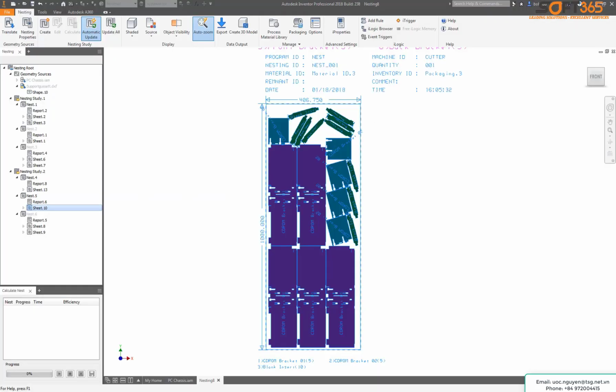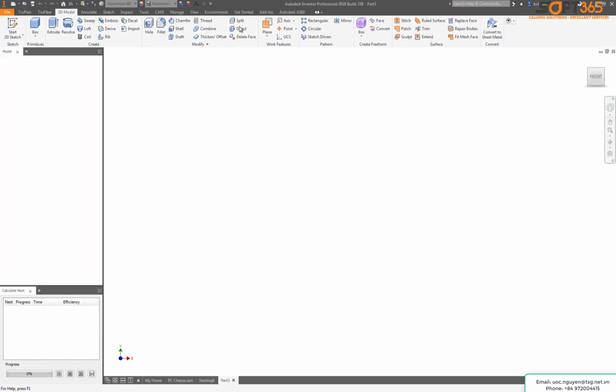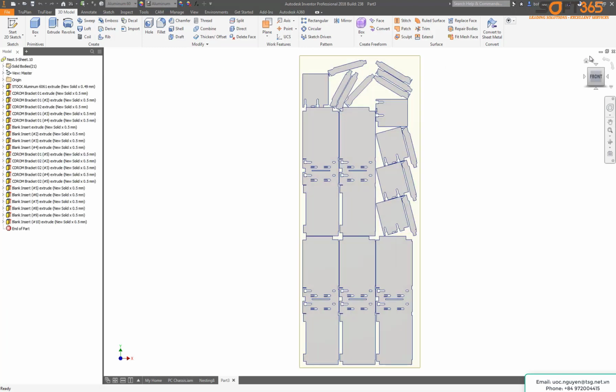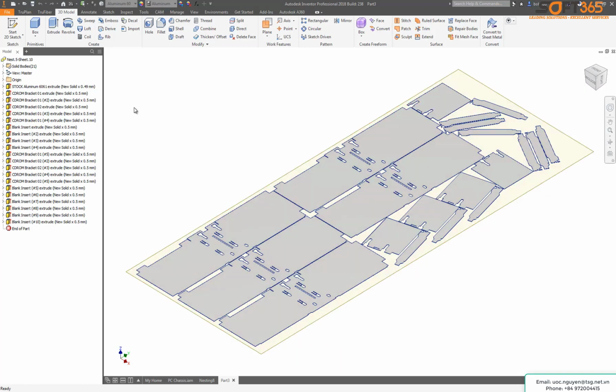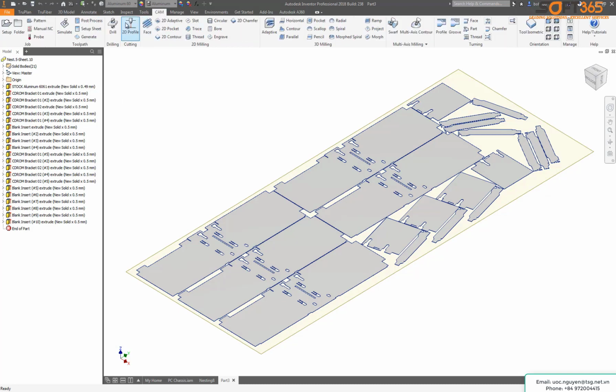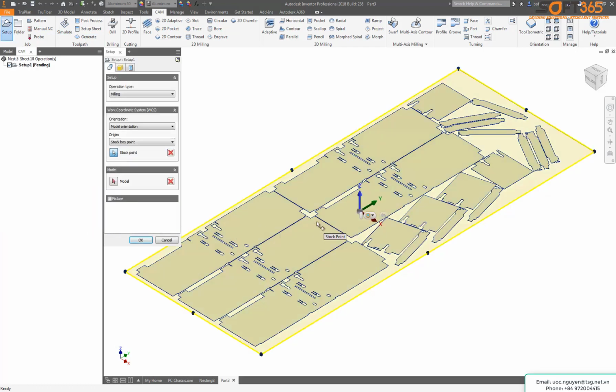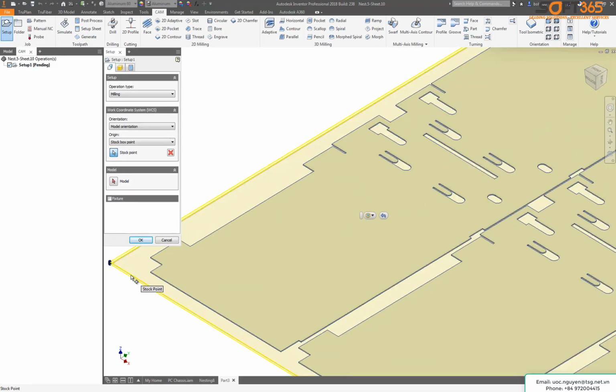Another avenue for exporting this data is to use the Create 3D Model command from the context menu or from the ribbon. This generates an IPT file from each shape in the nest. We will create a body, an extruded body. This allows you to create an assembly of these results, or to do documentation in a drawing, or more importantly, to do CAM work. The latest version of HSM has a command called 2D Profile that can be used for this. I'm setting up the part here with the origin in one of the corners,